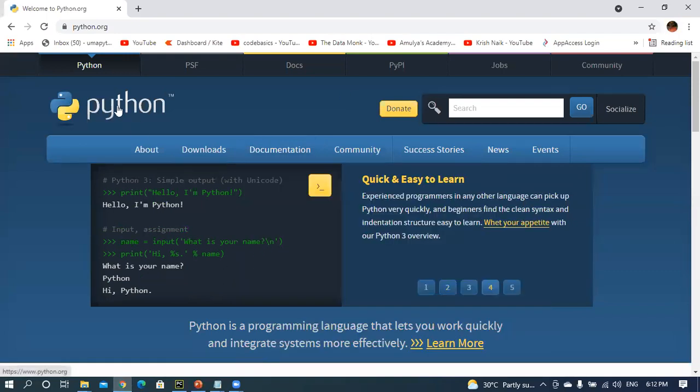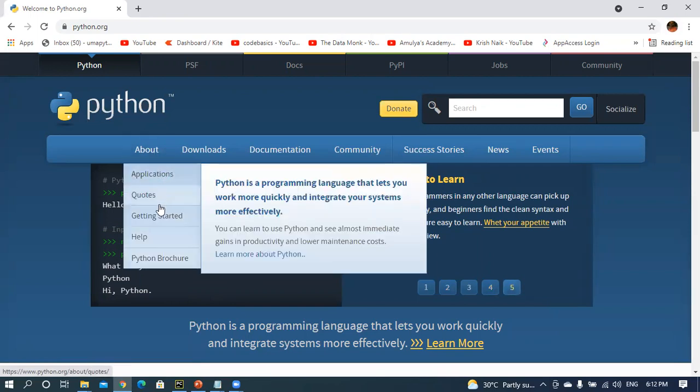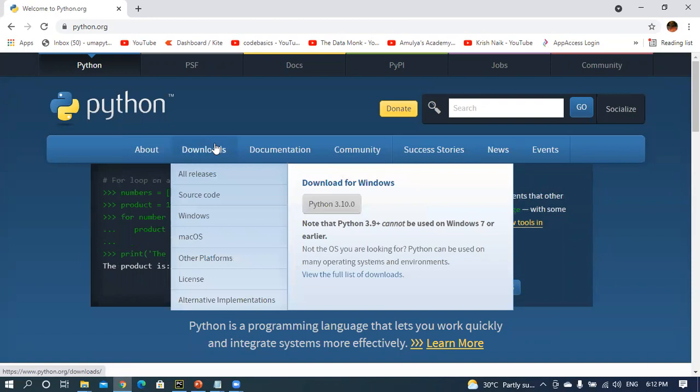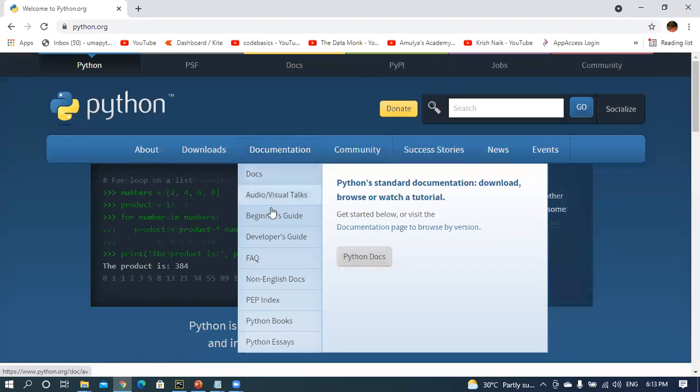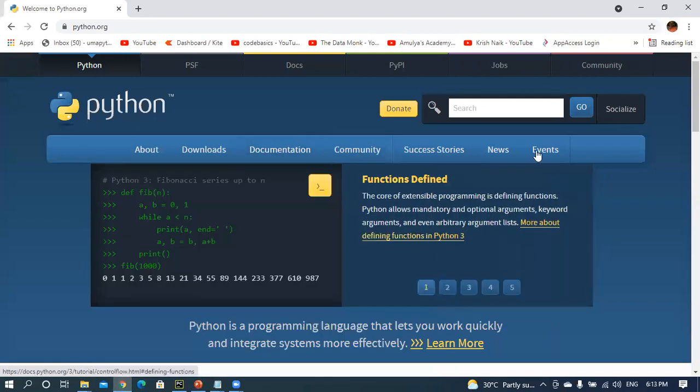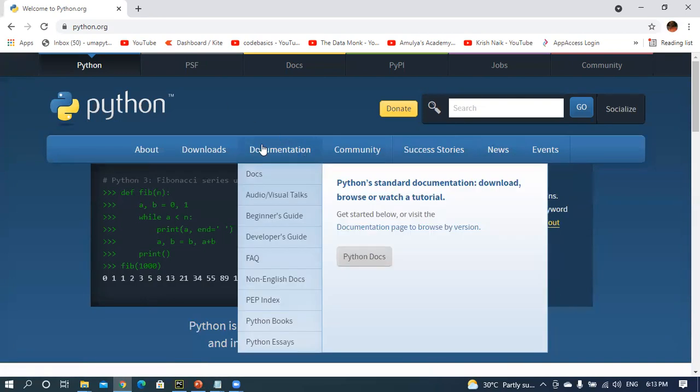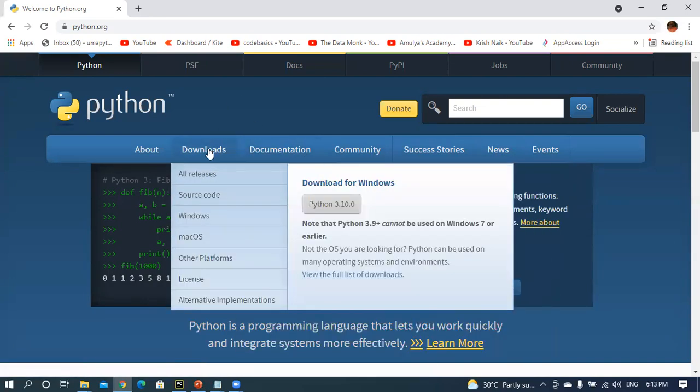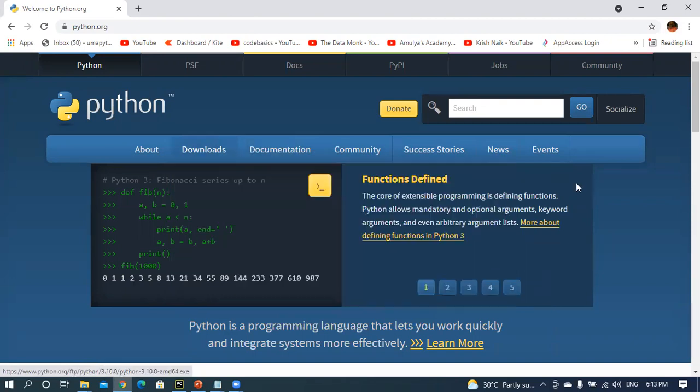For example, the Python logo itself is a text element, About is one element, and Download is another element. The Download, having this, is called hover. That means Documentation is another element. Like that, you have different elements available in this web page. I want to get this text. For example, Download. What is the text of this particular Download?